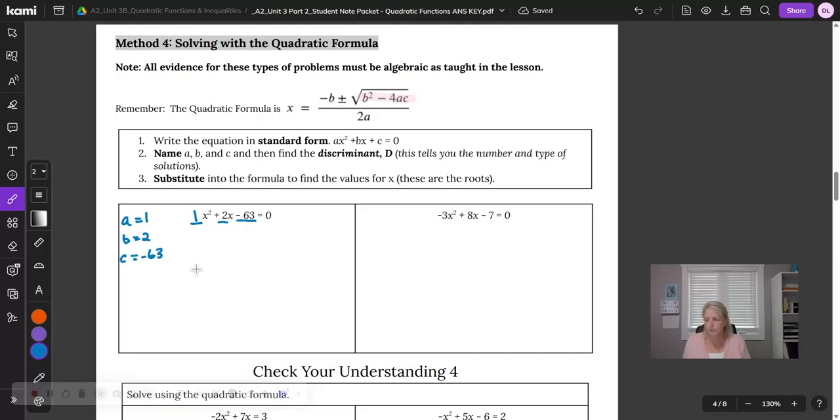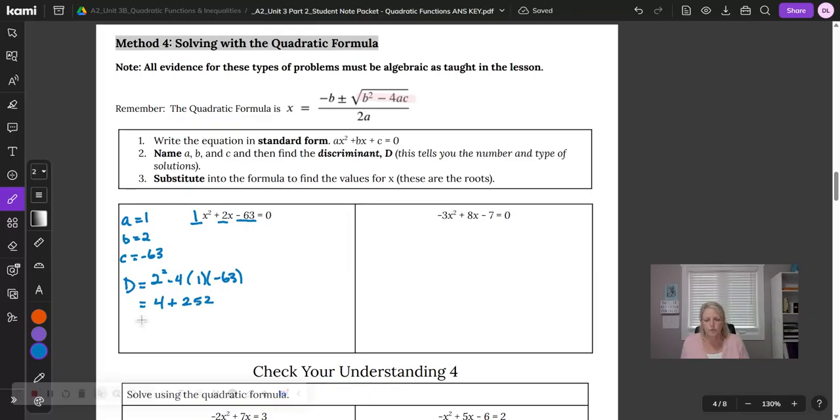So in this case, my A equals 1, my B equals 2, and my C equals negative 63, okay? Now, first thing we're going to do is find that discriminant. We're going to calculate it. So that is what is inside this square root sign, okay? So my discriminant equals b squared, so 2 squared minus 4 times a, which is 1, times c, which is negative 63, okay? And 2 squared is 4, and then 4 times 63, they're both negative, so it's going to be a plus, and this is 240 and 12,